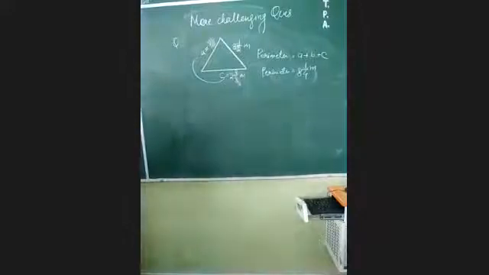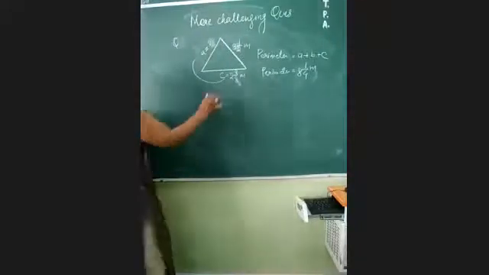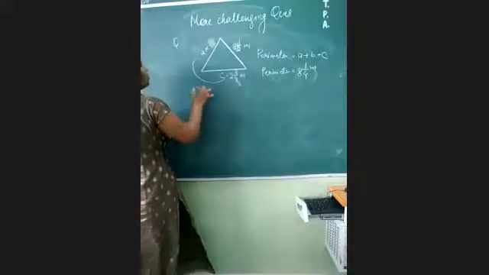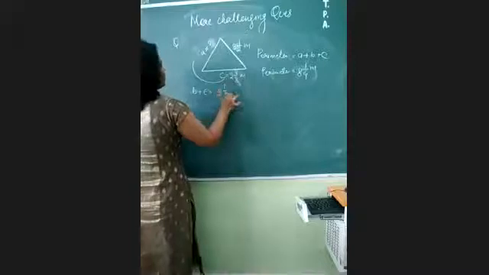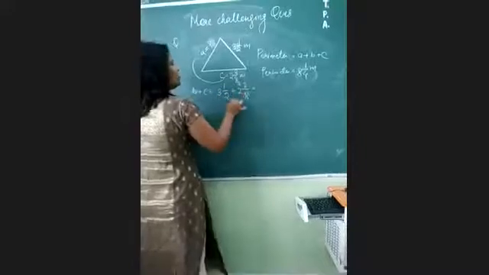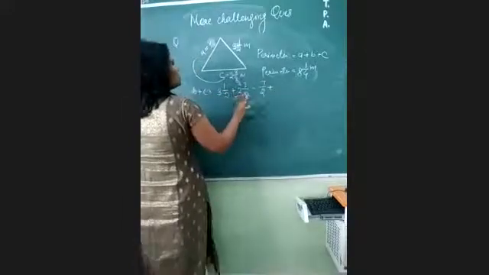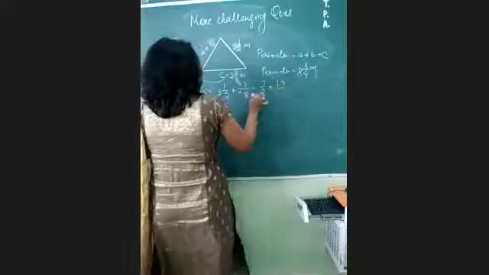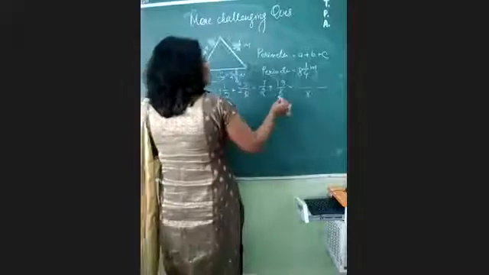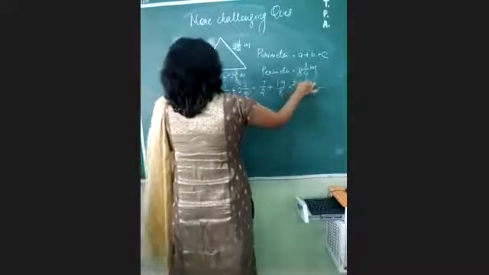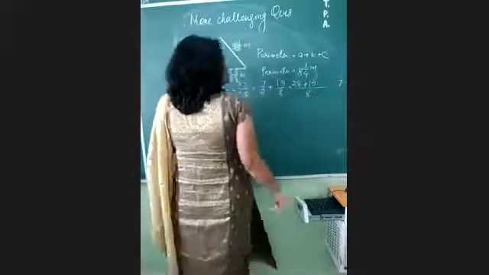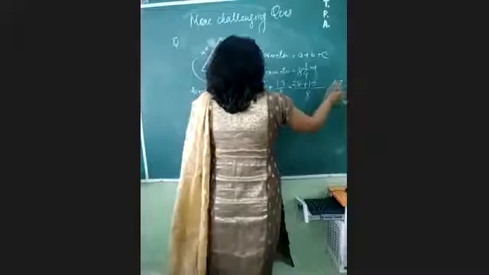Now what to do? We'll do the same process. We will add these two first. Okay? B plus C, we will add it, as we did in the old question: 3 whole 1 by 2 plus 2 whole 3 by 8. It will give you 7 upon 2 plus 19 by 8. When you solve it, LCM would be 8. It will give you 7 4s are 28 plus 19. It will give you 47 upon 8, no?